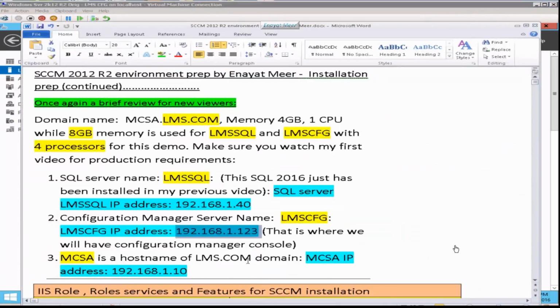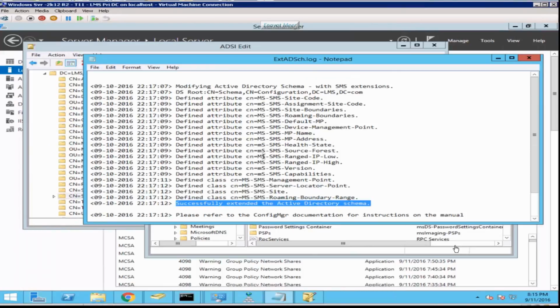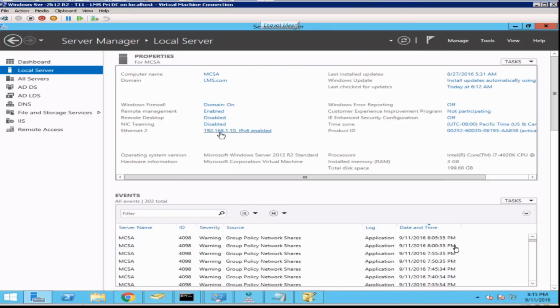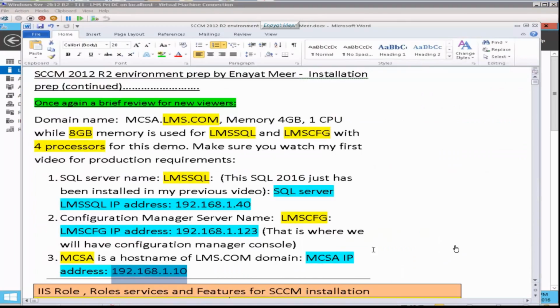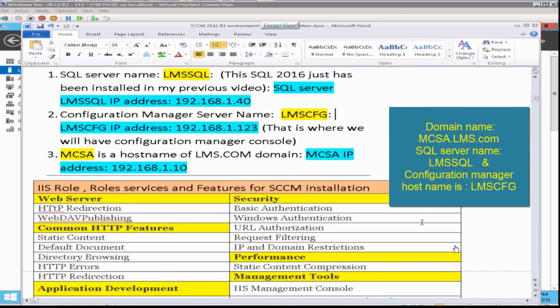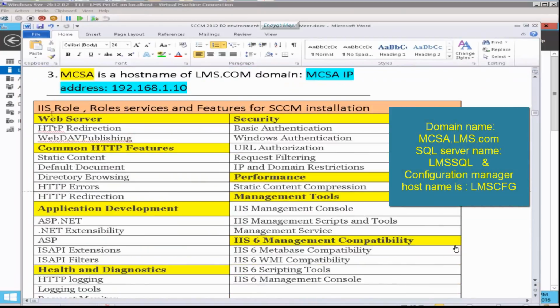In future videos, you will see Windows 7 as a client, Windows 8 as a client, and Windows 10 as a client of this domain. You will also see Windows Server 2012 running as a server operating system, and that will also be my client.